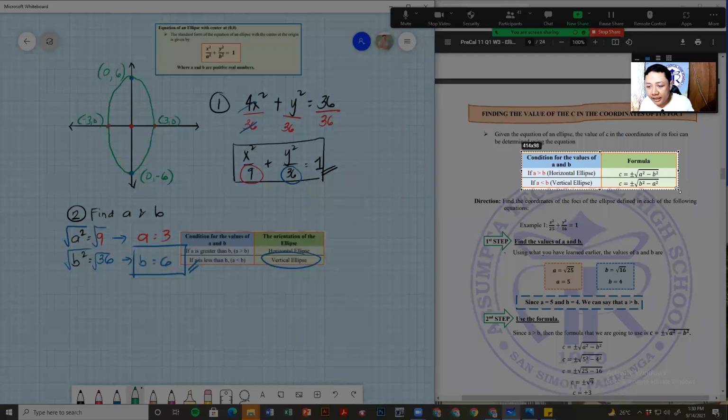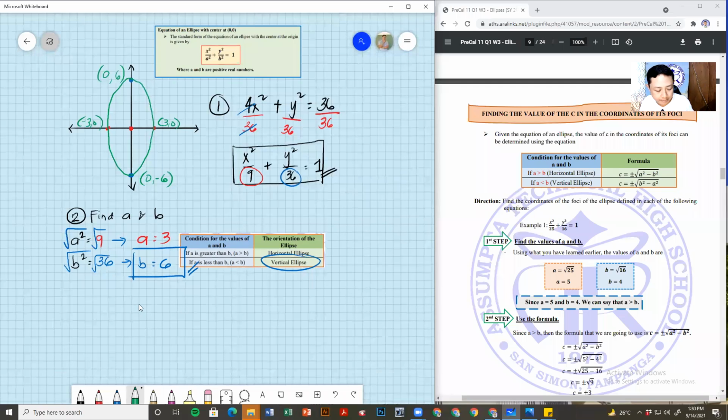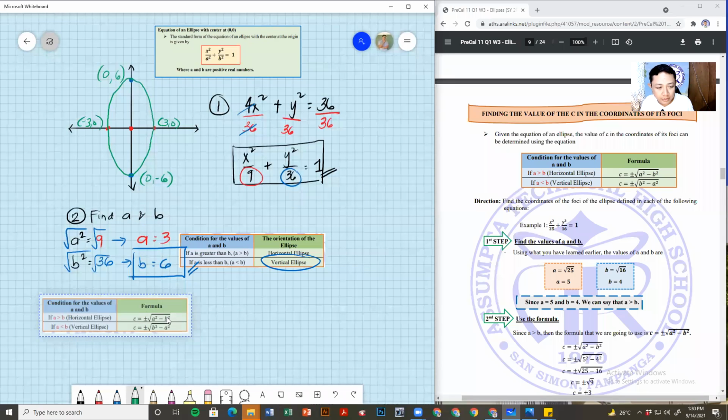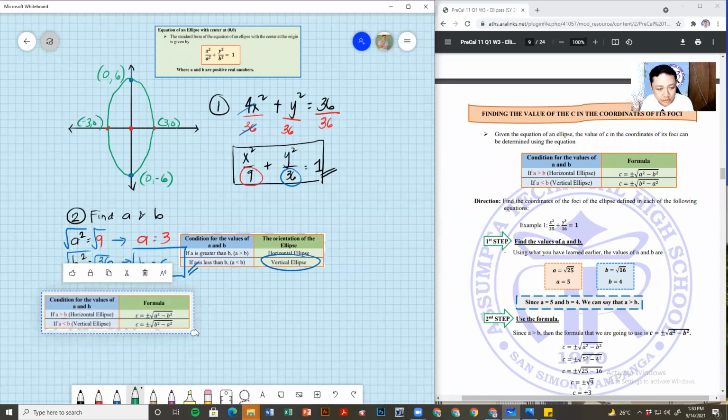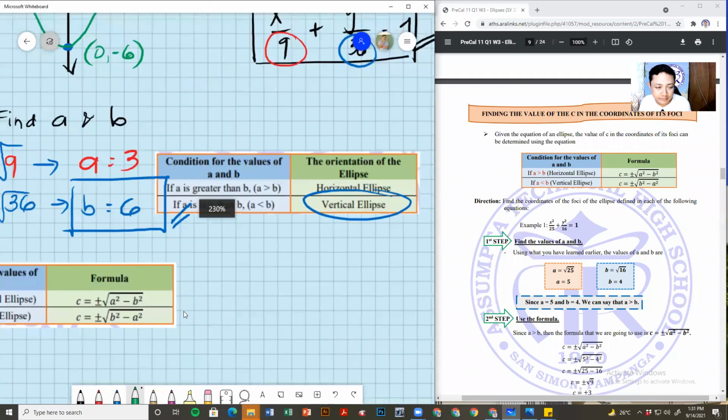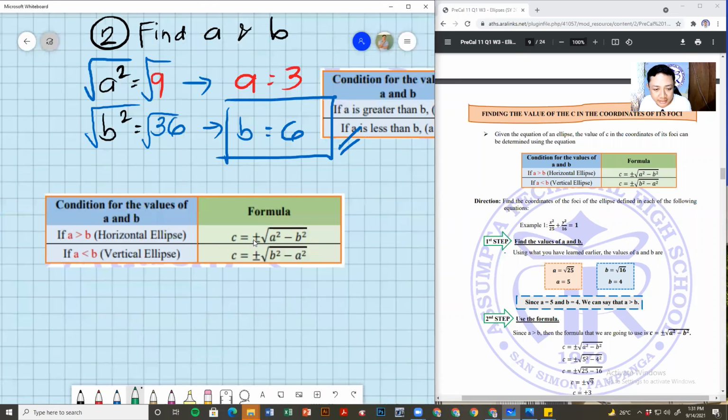If A is greater than B, we will be using the formula C is equal to the positive negative square root of A squared minus B squared if A is greater than B. Take note of that. If A is greater than B,